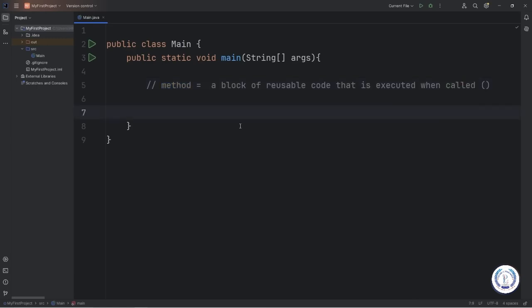Let me show you why a method is useful. So let's say we have a task. We have to sing a happy birthday song 3 times. So, without using a method, we could do something like this. We'll create one verse of a happy birthday song. I'll just make something up. Let's say,